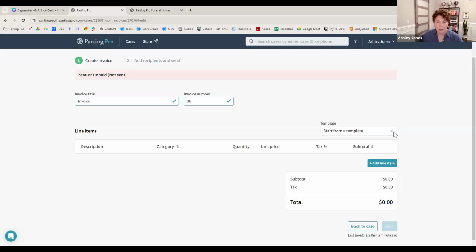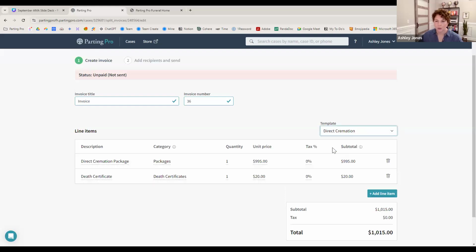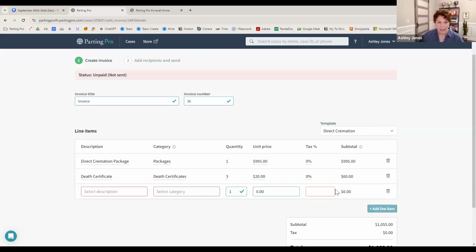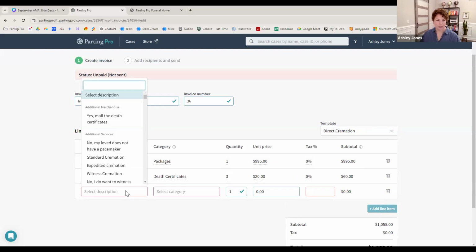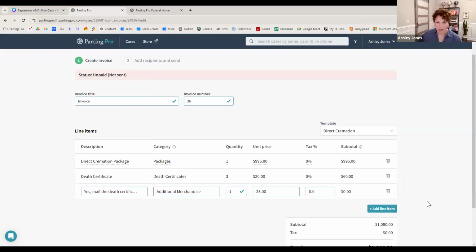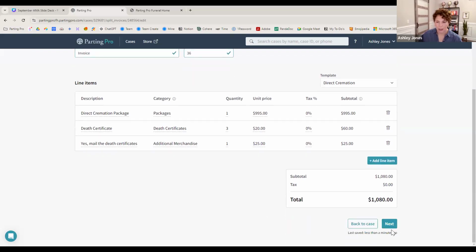invoice. So if you utilize invoice templates, and for example, you wanted to do one for a direct cremation, you could choose your invoice template here and that's going to populate for you. And then you can still edit things. So, you know, if this invoice needed to be for 3 death certificates, you can just add anything that you need to here. I'll just add a couple things here for an example. And then